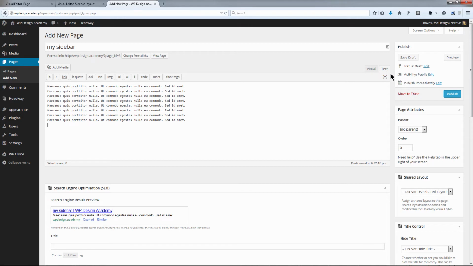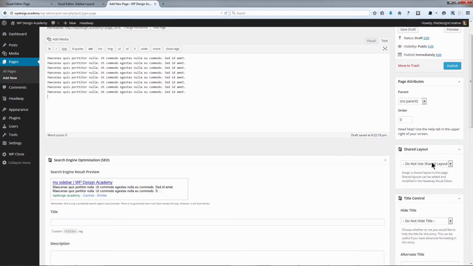Right now, if you have a look on the right hand side of your screen, it will say shared layout. And if we press this drop down here, you could see it will say sidebar layout, the one that we've created. Now we've given our clients access to Headway without giving them access to Headway. So we can create multiple different layouts and make them shared layouts, and then if we hand it off to